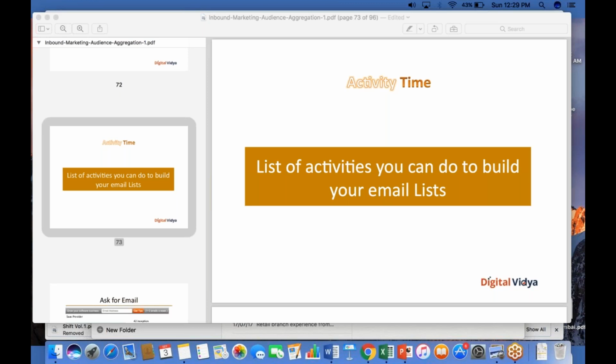Exactly, sign up forms. So why would you sign up? A sign up form is just the means to the end, but why would I actually sign up? There needs to be some kind of a carrot or an engagement magnet, right? That's what I want you to think through. And you know all the answers. You've been through the same rigmarole at Digital Vidya. It could be a webinar, for example. A registration form for a webinar is an example of how you can generate email lists. Yes, exactly, a free webinar. Or it could be an ebook, a white paper, it could be anything.